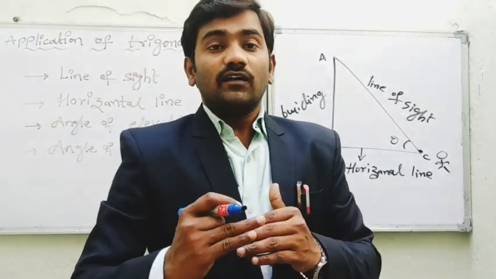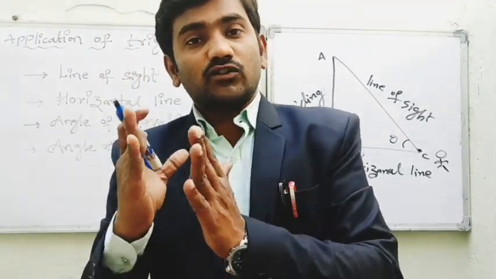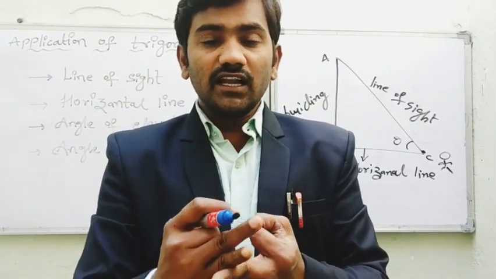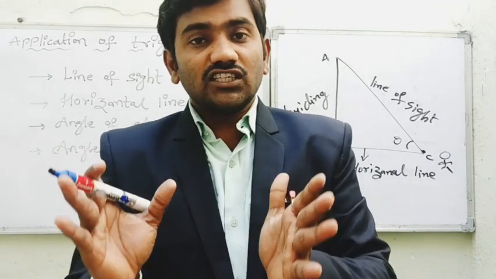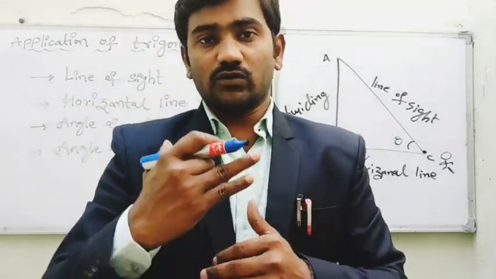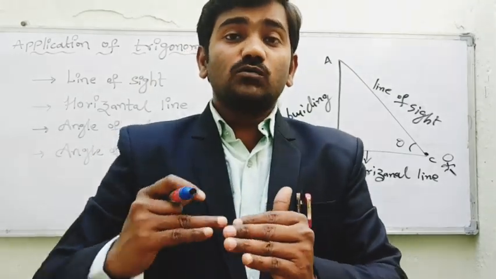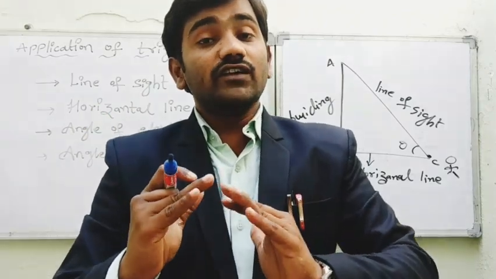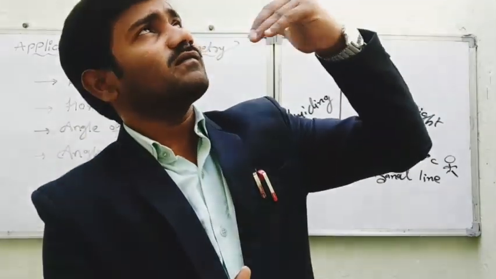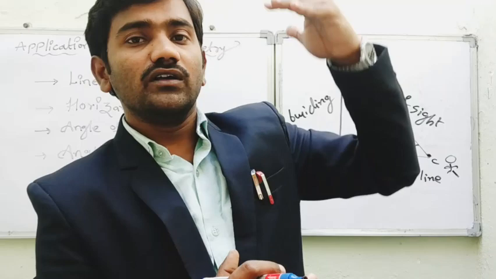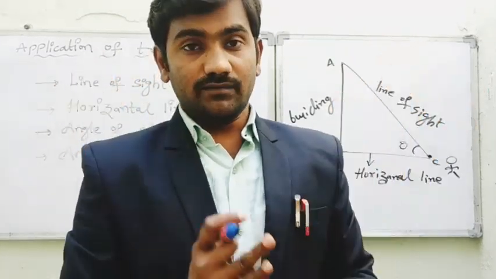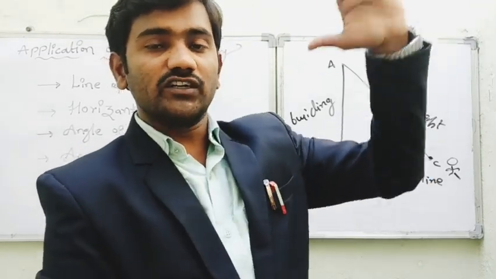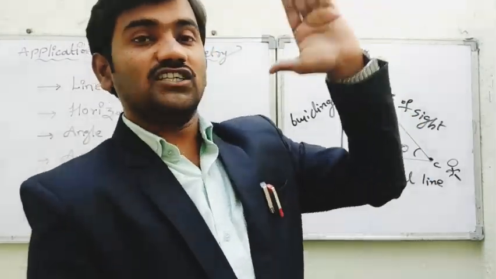So here, whatever the object's height is more than you, suppose a hill, trees, buildings, mountains, whatever, all these heights will be more than the observer's. If the height is more than you, if you are observing the top of the building or hill or tree, there we use the angle of elevation. If you are observing something higher than you, there we use the angle of elevation. Suppose you are on the earth, observing the top of a tree, there we use the angle of elevation.